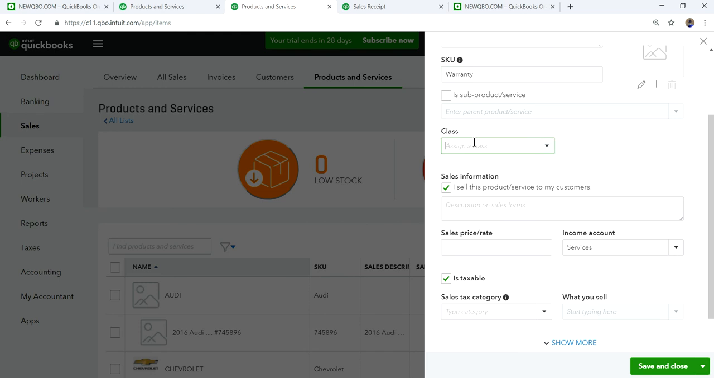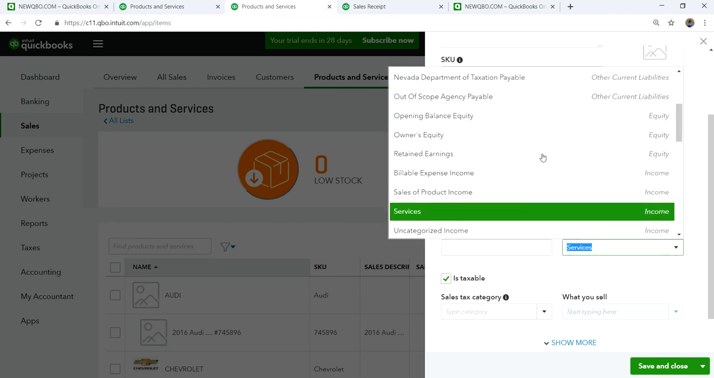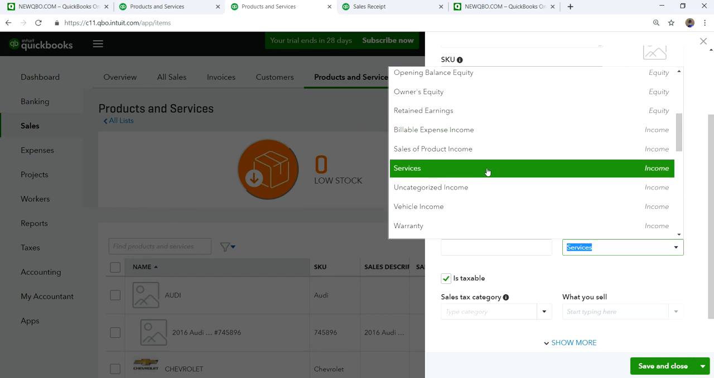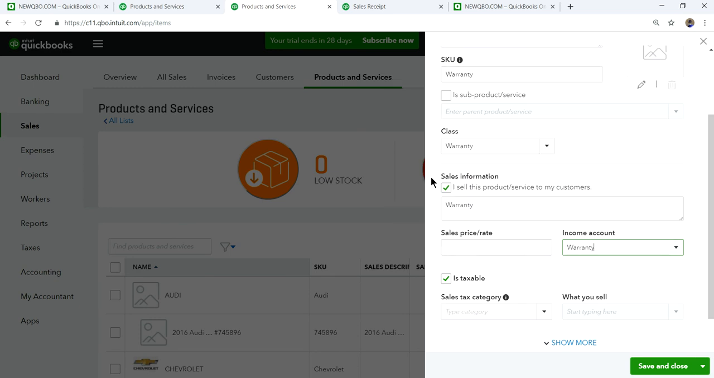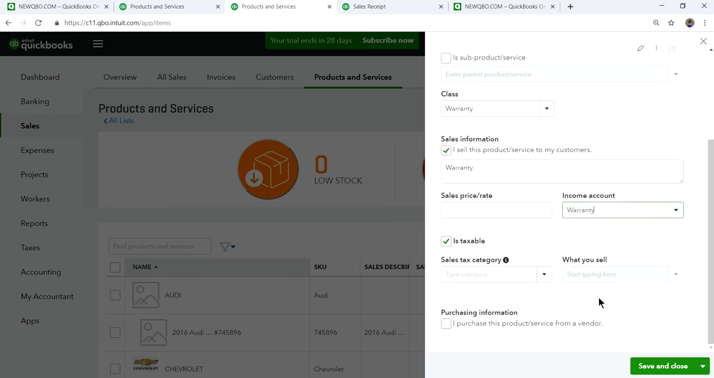Or you can just say I have warranty if you want to track how much warranty money you're getting from each customer. You can add warranty in here. I have some room there. Okay, I have warranty now. Okay, so sales price you can leave it blank, and income type is services. So let's see here, I have warranty income in here. See, warranty income, so let's select the warranty income. Okay,